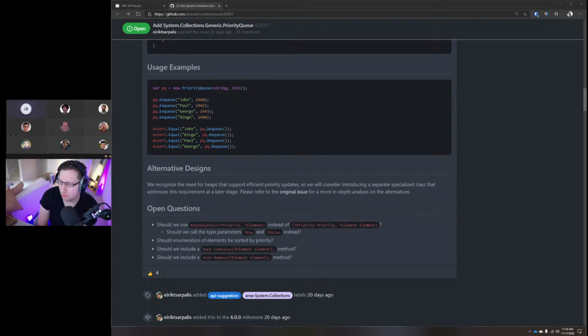For contains or for remove? For remove, the operation to, there's no issue with removing an arbitrary element from the heap. You follow the standard heap modification operations that take log n time. The only problem is actually finding that element in the heap. That's the thing that takes the linear scan. I see.